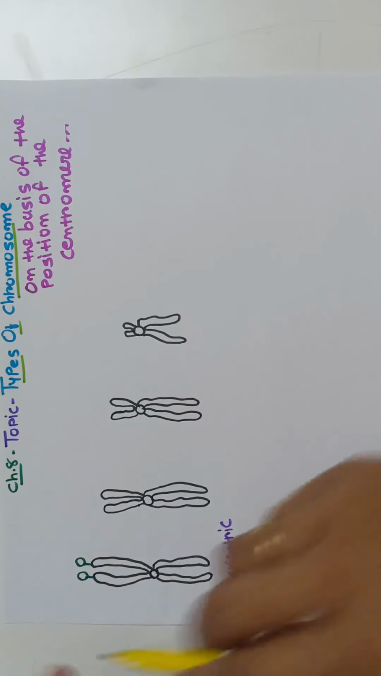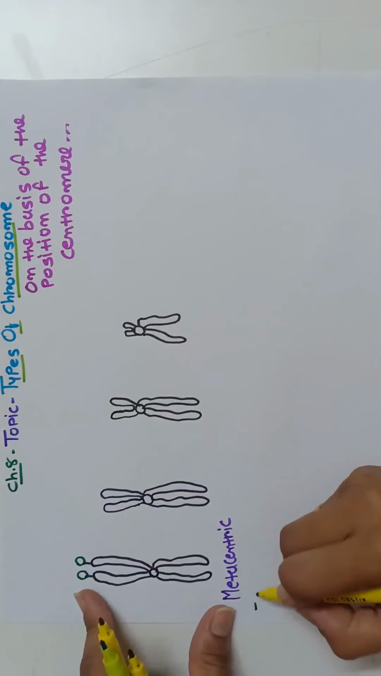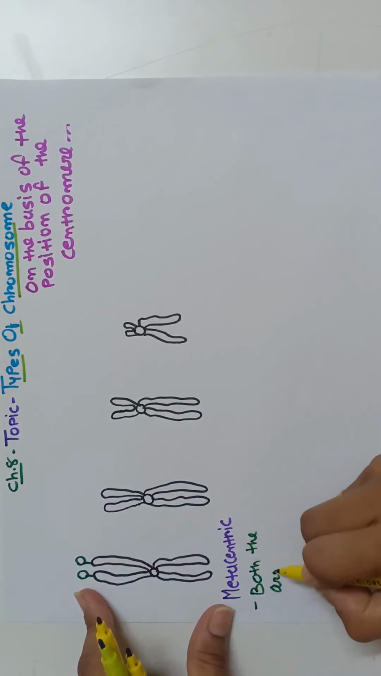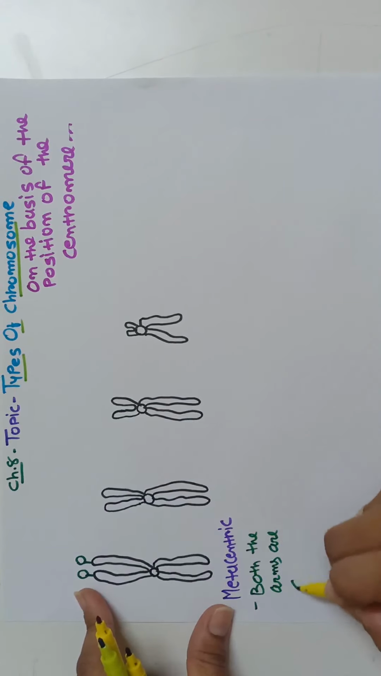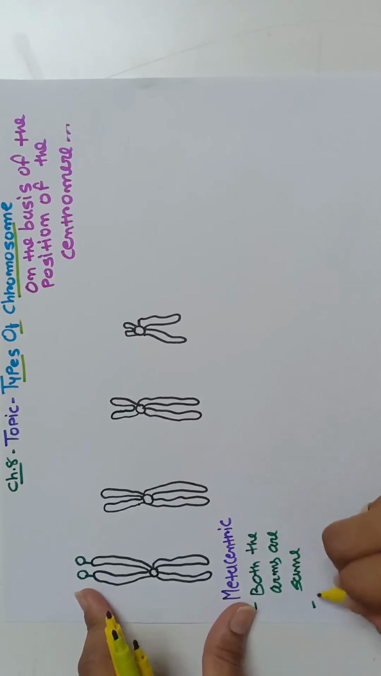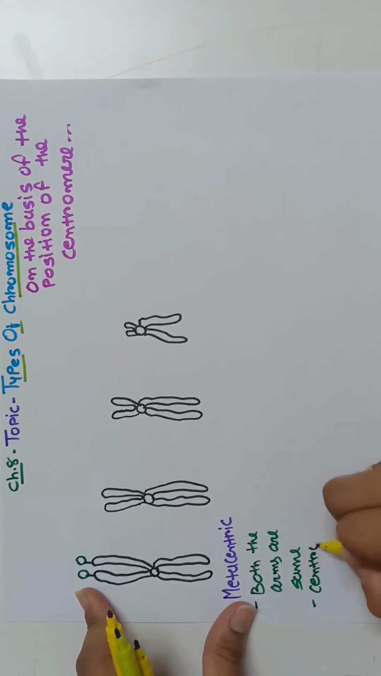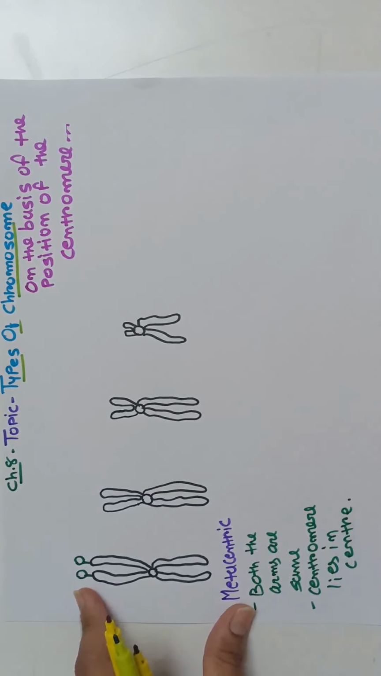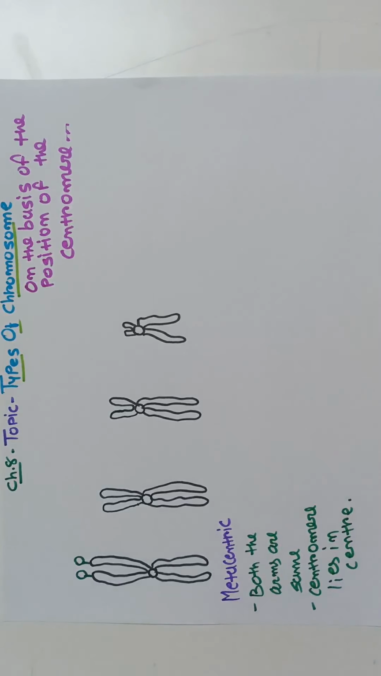Metacentric chromosome. Both the arms are the same, and the centromere lies in the center part. Now, the second type is